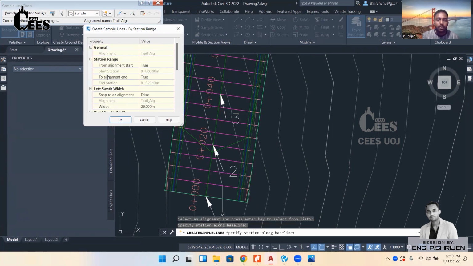So the swath width, you can see on the left, means what will be the width of the left-hand side. If you give 20 meters, it will cover 20 meters of cross section detail. If I give 10 meters, it will cover only 10 meters of cross section detail. So I just give 12 meters, so it will cover 12 meters of cross section detail. Same for the right side. And also